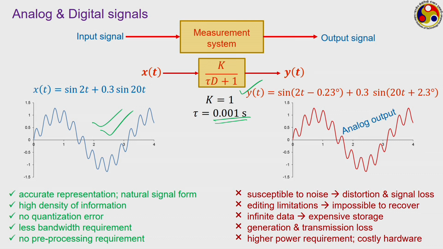The first one, and a very big issue, is that analog signals are generally susceptible to noise, leading to distortion and loss of signal. Noise means, whenever you are doing some experiment, apart from what you want to measure, certain other parameters are also influencing your output. Say, for example, you are using a manometer to measure the pressure. You are using a mercury manometer, and because of the pressure difference between the atmosphere and the physical system that